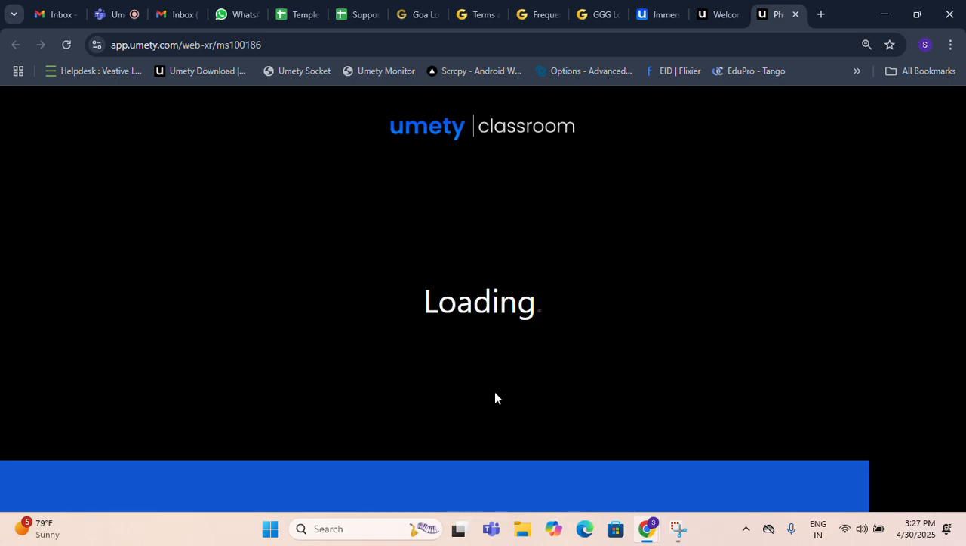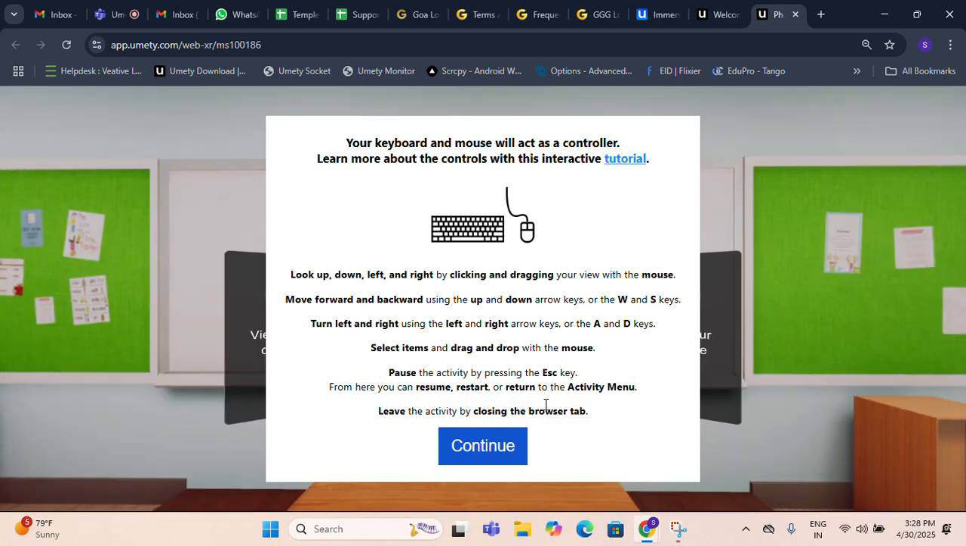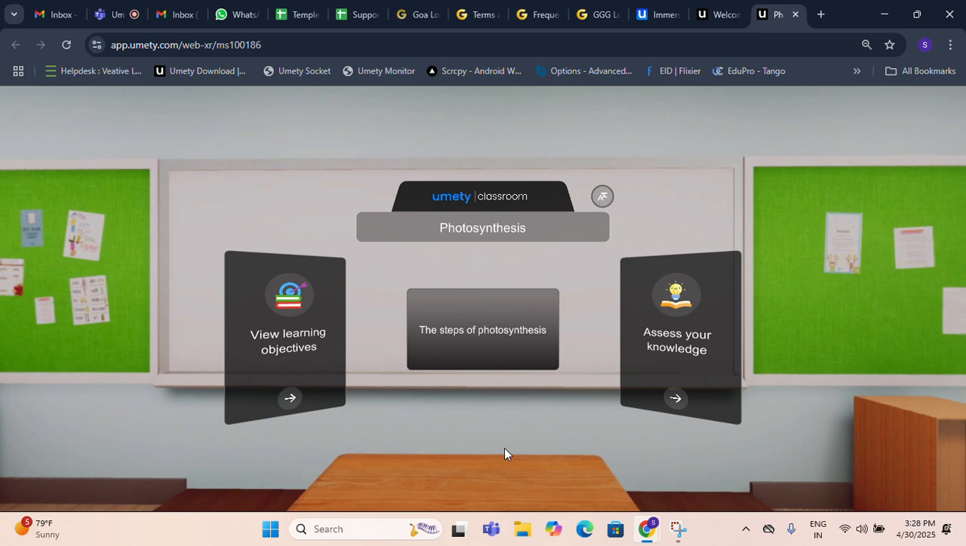The students will experience the same module on a laptop. Here some of the instructions will be given, like how to run the module on the laptop. So these are the instructions. I will click on continue, and here these are the three important